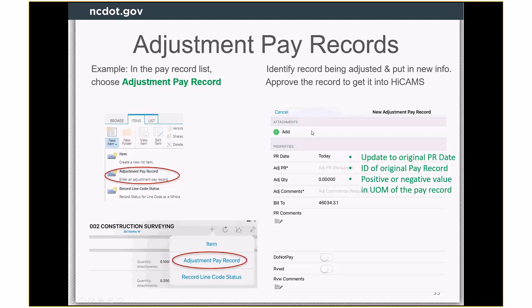And when you go, it'll pop up the information you need to add. Instead of today's date, you would put the date that you're trying to adjust. So if I was adjusting a record from March 15th,